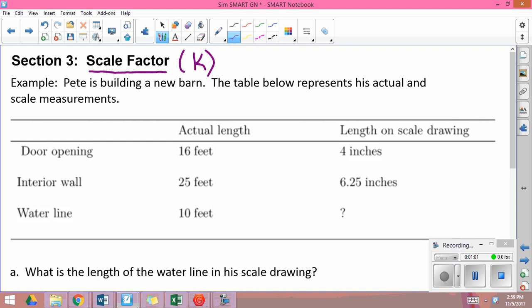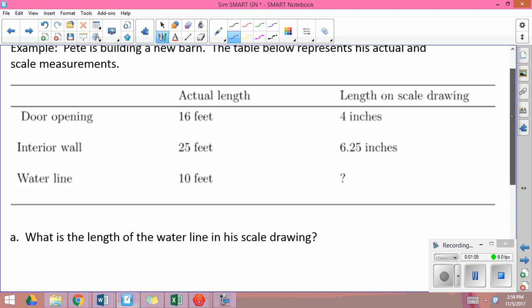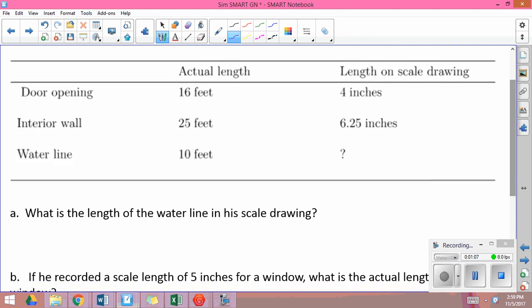So our scale and actual drawings in our table for this new barn are given. Our units aren't particularly important because these are all feet. These are all going to be inches. So the length of water line in his scale drawing, we want to know what this value x is. So we want to think about feet to inches or inches to feet. You always want to be consistent with what you put in the numerator and what you put in the denominator